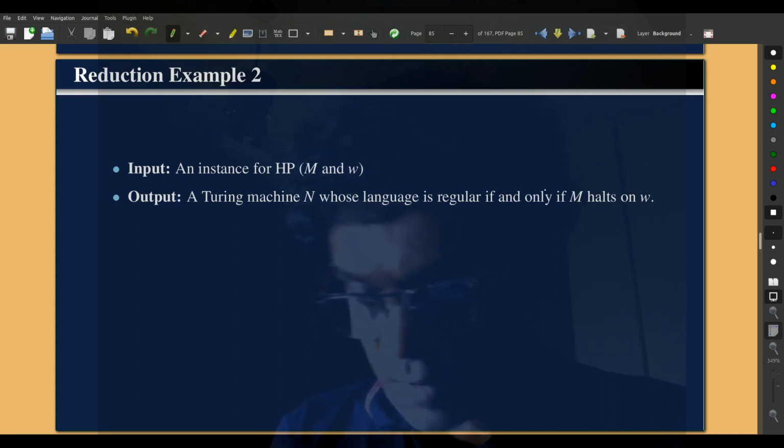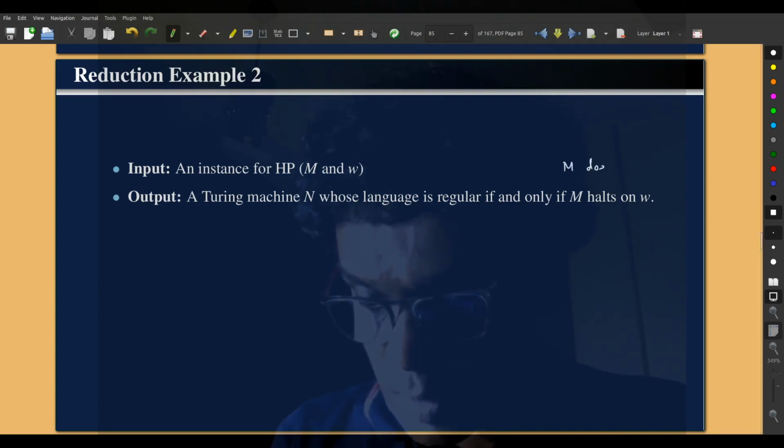But in what follows here, I will actually produce a Turing machine whose language is regular if and only if M does not halt